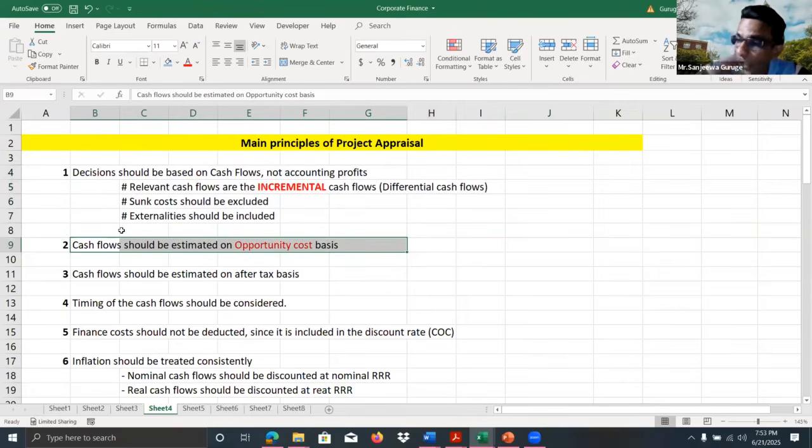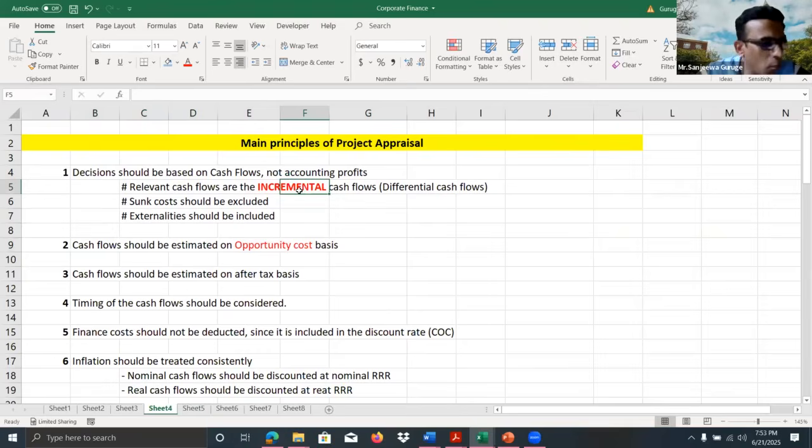So that's why I mentioned earlier, the important thing is not whether there is actual cash movement, but whether the cash flow is incremental, right? So that is the most important point, whether the cash flow is incremental. Okay, and the cash flow should be incremental, and opportunity cost should be considered.